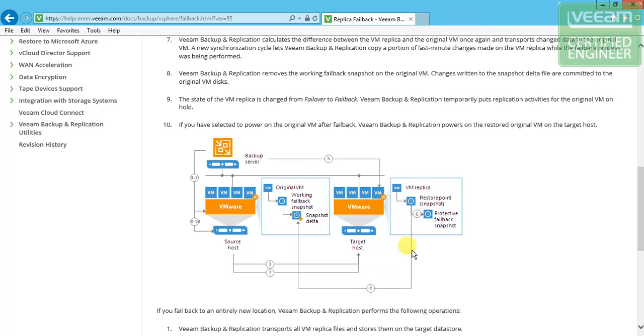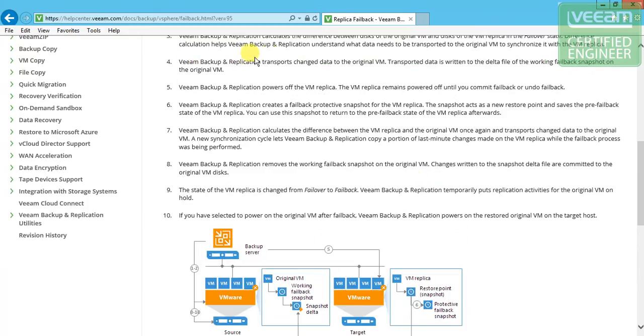So this is changing to the Delta snapshot. Veeam Backup and Replication transports change data to the original VM. Transported data is written to the Delta file of the working failback snapshot on the original VM. And then with power off of the replica, which it did in our case right here,